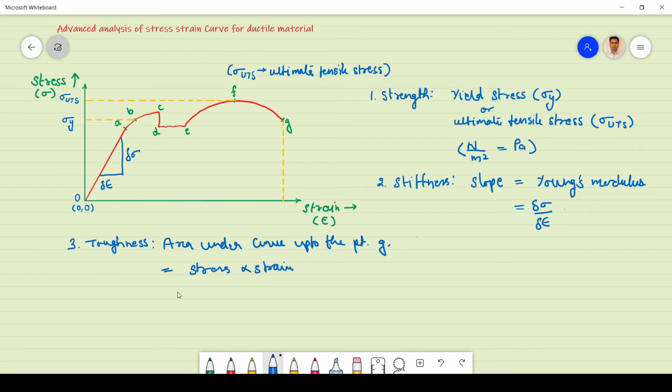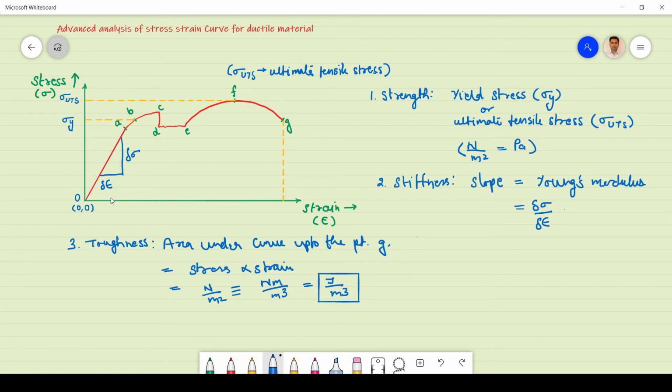So in terms of unit, if I write it, then it will be Newton per meter square, and strain is unitless quantity. So this can be written as Newton meter per meter cube, and that is equal to joule per meter cube. Means this much of energy is required per unit volume to fracture the material, and this is given by the area under the curve from the point O to the point G,